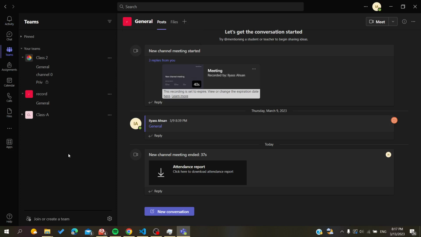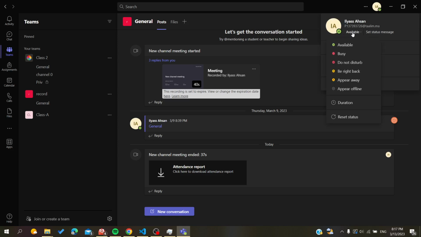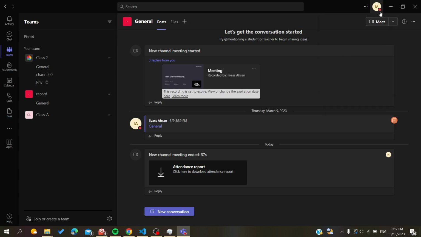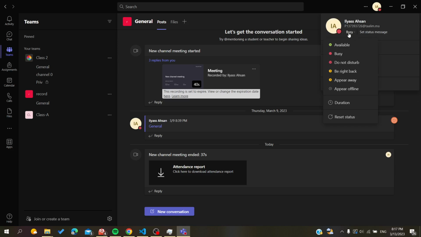And now we will need to go to our profile picture so we can change our status. So basically, we click on our profile picture, and here you will find available. And when you click on it, you will find the list of all the status that you can attribute to your account. So basically, if you click on busy, you will find yourself that you are busy, and you can add everything